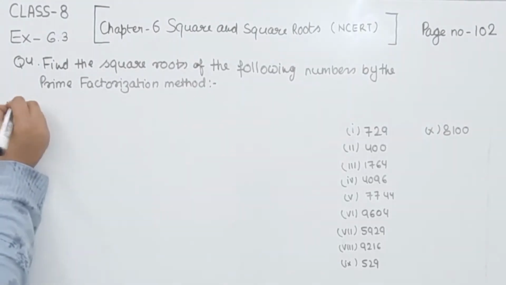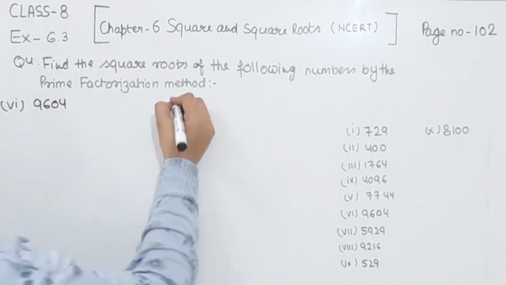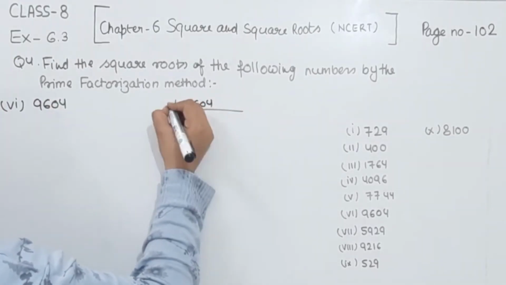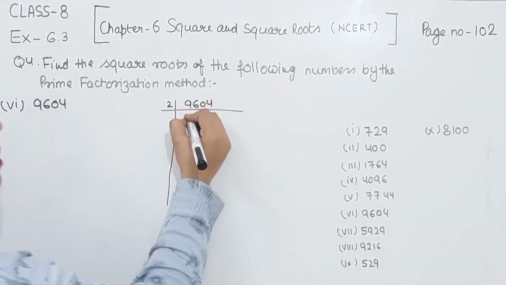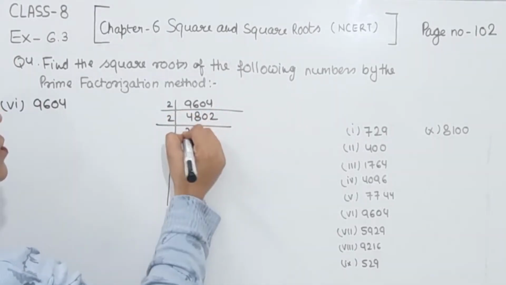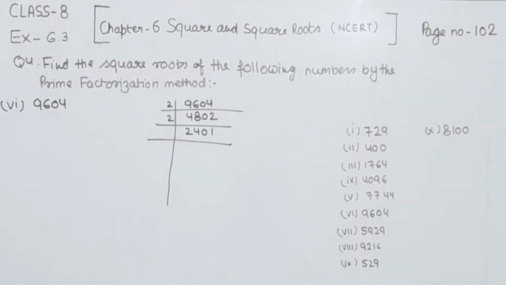The number we are having is the 9604. So we are going to find the factors first. 9604. So start with the 2. 2 4s are 8, remainder 1, 2 8s are 16, 0, 2 2s are 4. Now again 2 2s are 4, 2 4s are 8, 0, 2 1s are 2. Now we are having